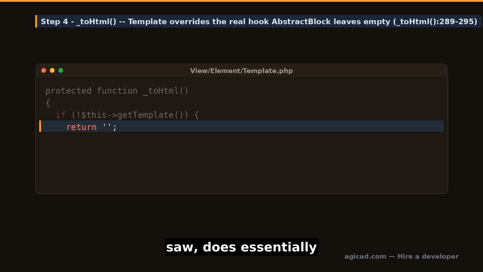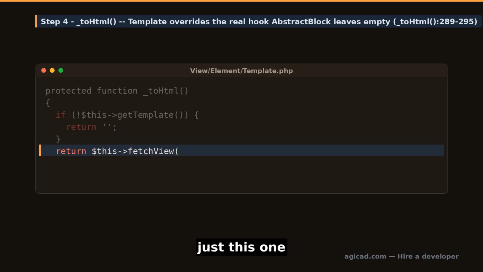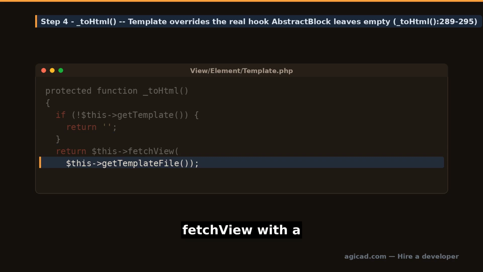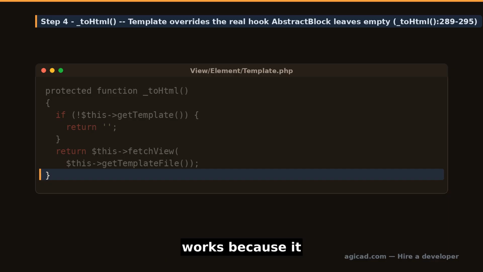Template extends AbstractBlock and overrides just this one protected method: 5 lines, a template check, and a call to fetchView with a resolved file path. Every phtml-backed block you've ever touched works because it extends template, which supplies this override, not because toHtml itself does anything template-related. This is the real getTemplateFile method, and it's what turns a bare string like